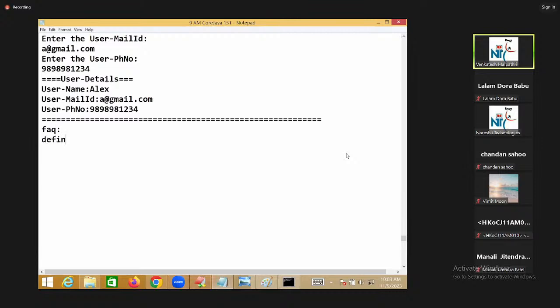FAQ: Define this keyword. This is a predefined